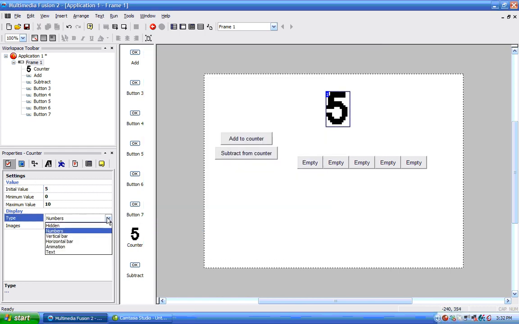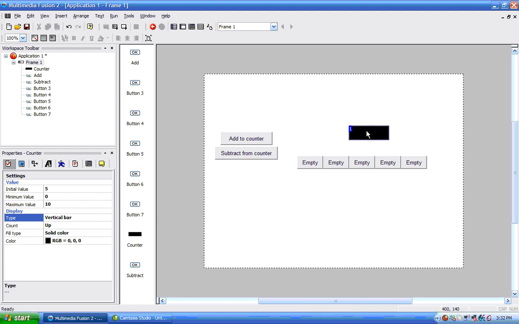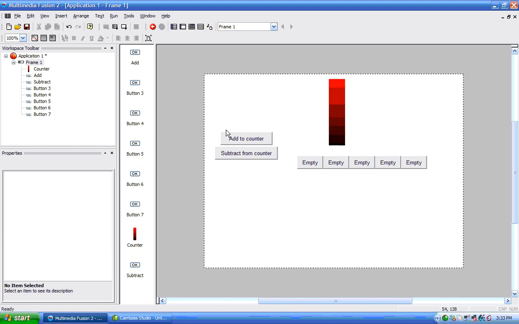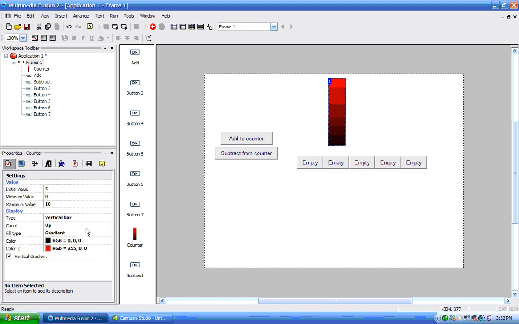Okay, so now let's go on to our vertical bar. We can change this to vertical bar and see we get this bar that we can make vertical like this. Okay, now we have a vertical bar. We can choose our fill type for this bar. We can choose a gradient. Then I'll make this a vertical gradient like that. And now we can